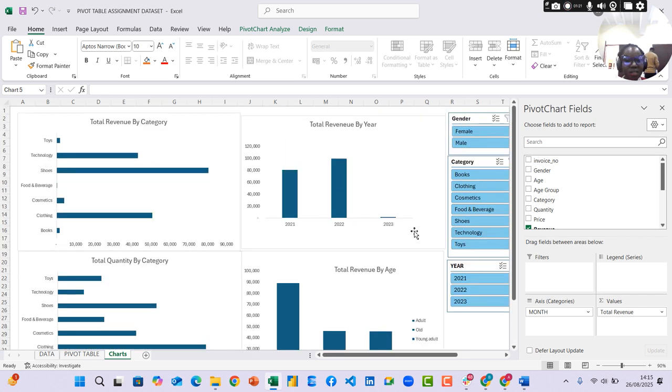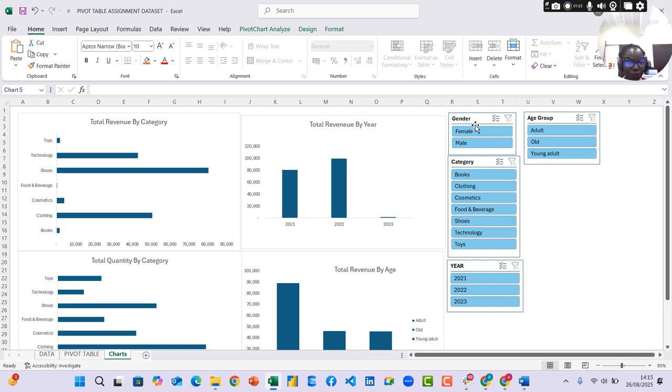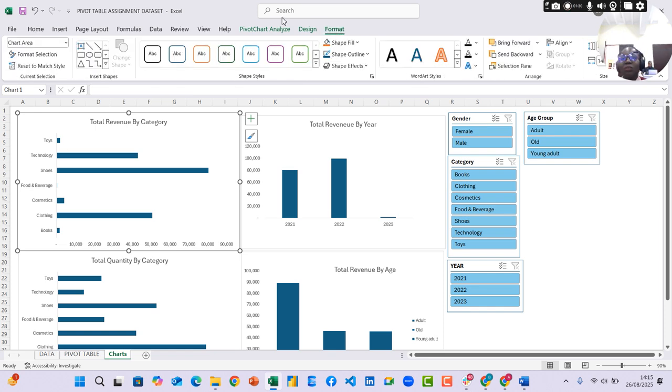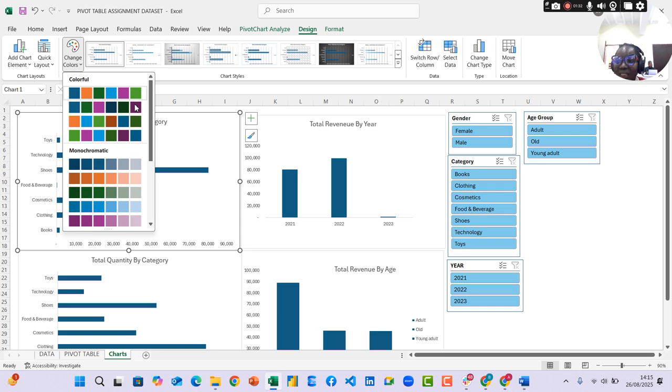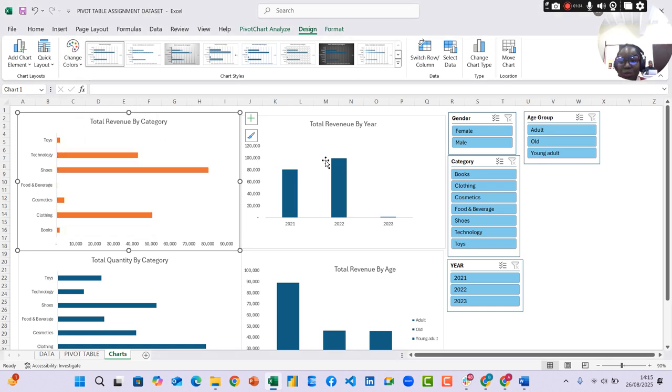So what you want to do is see. Oh my God, Excel is so beautiful. You can even change this thing. You can just select your chart, come to format, come to design rather. You can change the color of your chart. Even after you are done with the design, maybe you worked for MTN, they gave you data to